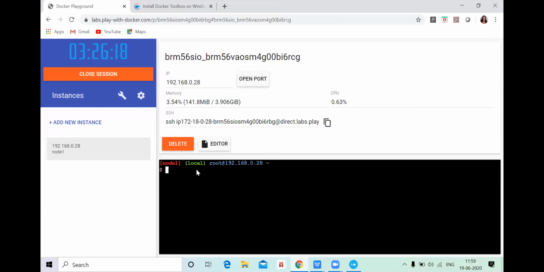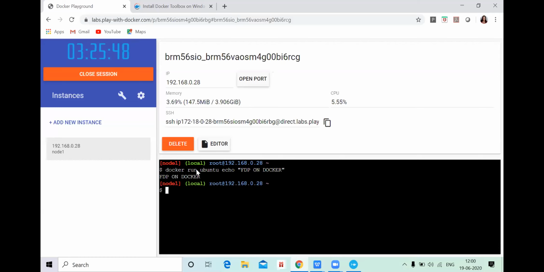Now let's see one more command. If you want to directly display output, you can write docker run ubuntu space echo space, I'm writing FDP in double quotes, FDP on Docker. Enter.